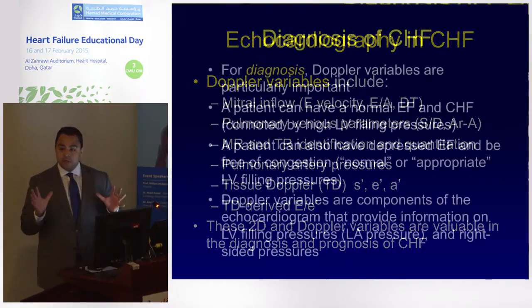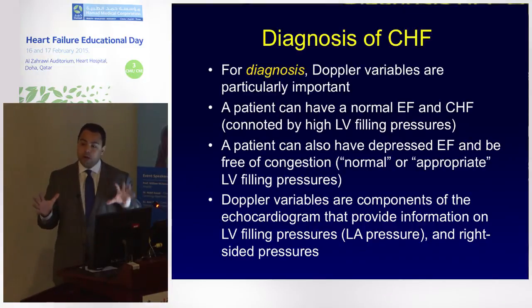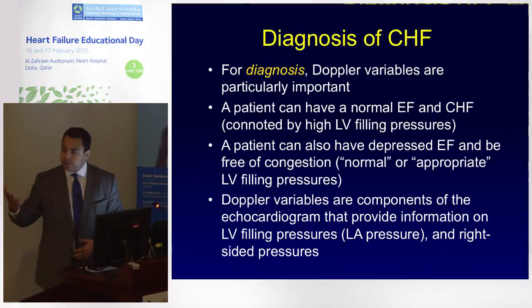Now just a comment here. Doppler is very important whether you have preserved or depressed EF. Why? Many patients, and I'm sure Dr. Amr and Dr. Ross see these patients, as you do as well, can have a cardiomyopathy, EF 20%. Just because your EF is 20%, if you come into the emergency department with shortness of breath, doesn't necessarily mean